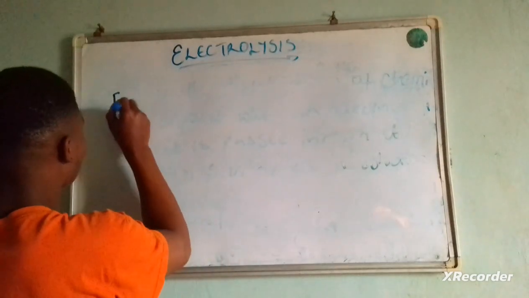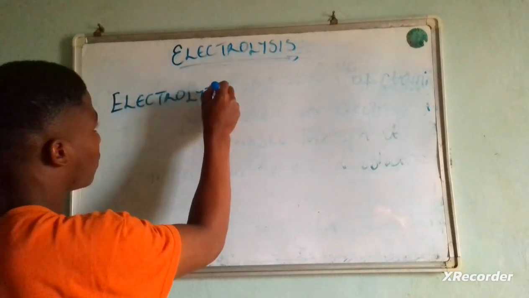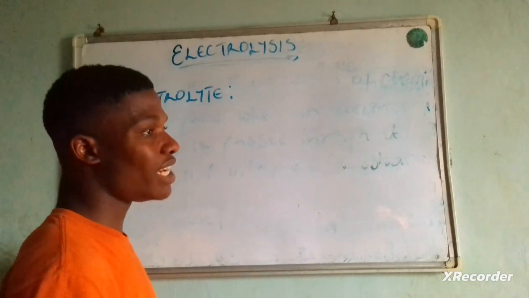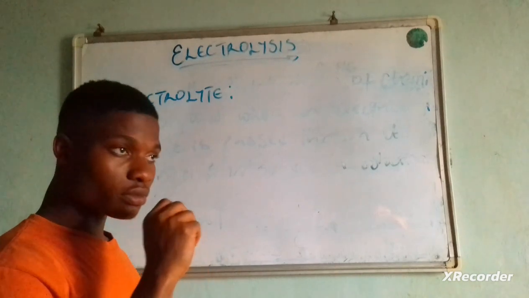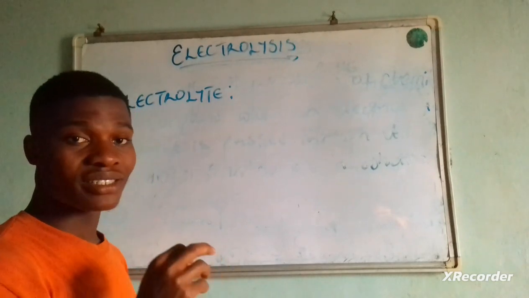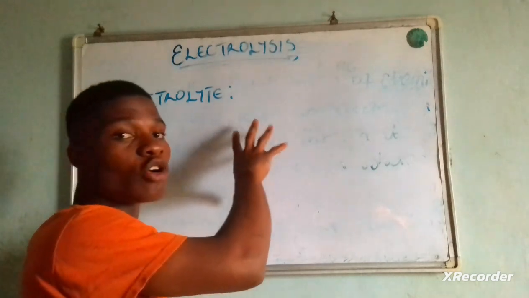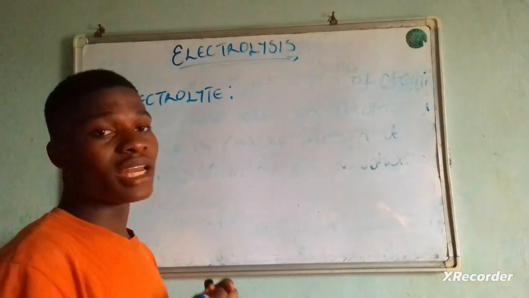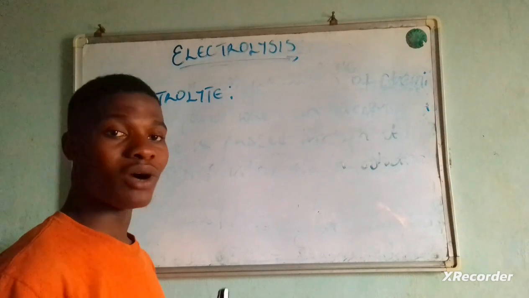We'll talk about electrolyte. In electrolysis you'll be hearing electrolytes. Electrolyte simply means a chemical compound that has the ability to conduct electricity. So any compound that has the ability to conduct electricity in molten form or as a solution